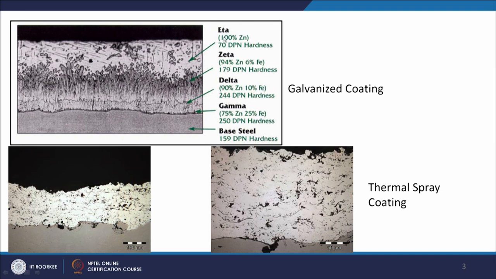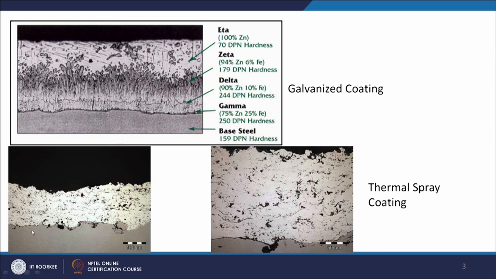is present, and we can see there is a continuous increase in hardness from 70 units to 179 units to 244 units, and then the gamma zone is formed at the interface, which is of 250 units of hardness, having a much higher concentration of the iron, that is 75% zinc and 25% of the iron. So, here some kind of metallurgical bond is created, and if we compare the galvanizing with the thermal spray